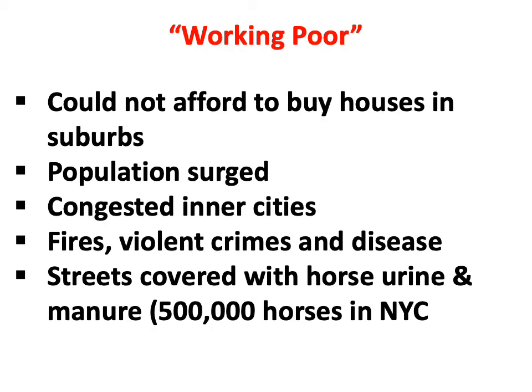Now, while we just saw the dream house in suburbia, that was out of reach for the vast majority of the workers in the cities. And these are often referred to as the working poor. Working poor because they were employed. And you've got to remember, at this time, there was very little assistance for those who were not working, and it was largely provided by non-governmental institutions such as churches or wealthy people. We'll see later when we get to the Progressive era, like Jane Addams would set up homes to help people. And these people could not obviously afford to buy the houses in the suburbs, nor could they afford to take the streetcar or railroad every day.